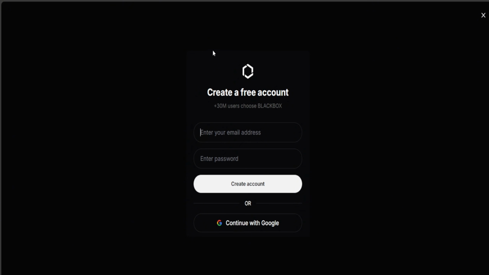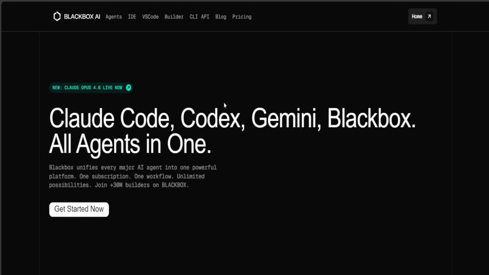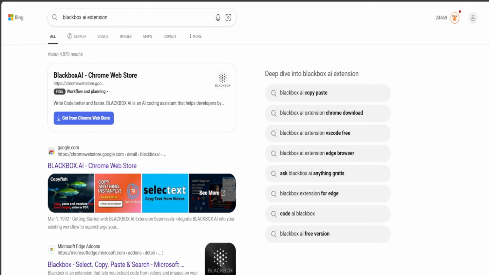So if you're asked to verify your email, then you can do that by going to your Gmail, going to the same email address, and just getting the verification process. Or you could choose this option down here. But as of now, there's an internal server error, but you can also go ahead and install an extension of your choice. If you'd like to, you can search for Blackbox AI extension and it should just be right here